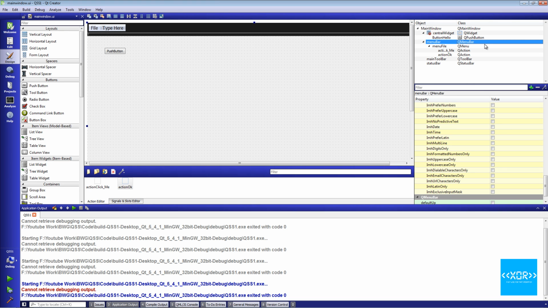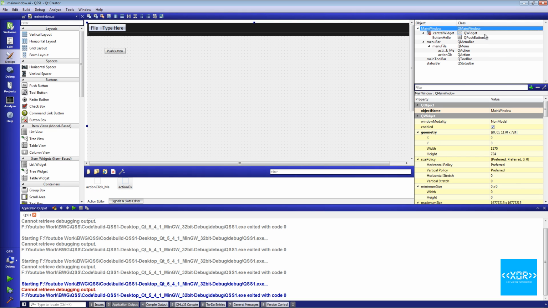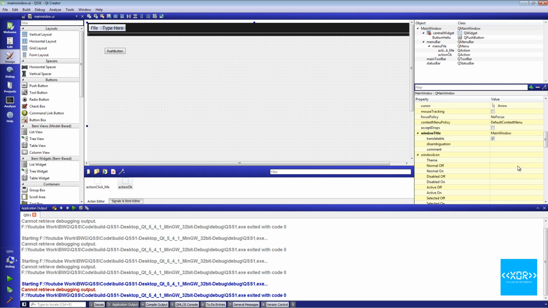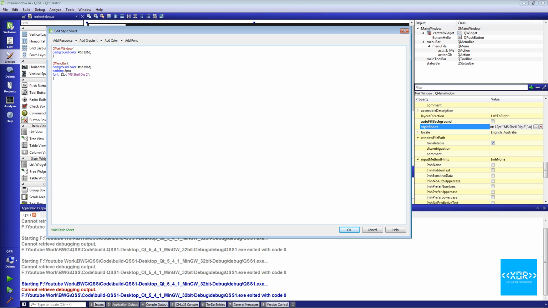So you'll see you actually did style QMenuBar. However, QMenu and QAction were not styled. So let's go ahead and style those because we want a good looking menu bar, right? So let's go down here and we'll go back to our style sheet. And we will do,